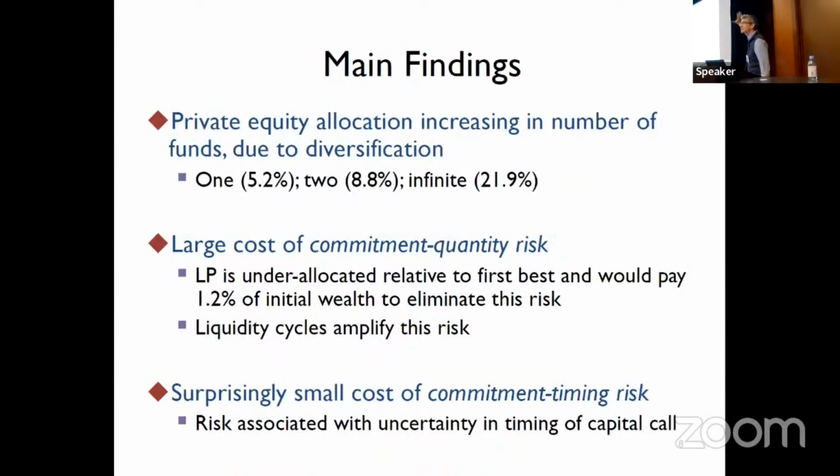So the main findings from Mark here was that, well, if you can invest in more private equity funds and you would like to allocate more capital to private equity, the analysis tops out at around 20% of the institutional investors' capital committed here when they can commit to an infinite number of funds. Mark was describing this as there is a large cost of commitment quantity. This is this effect that you allocate today, but your situation may change. So you may wish you had allocated a different amount. And if you shut that effect down, then that gives a large welfare gain for the investor.